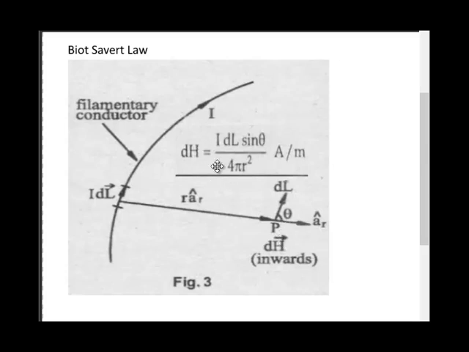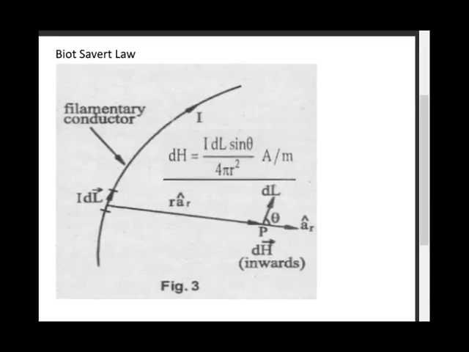So we must show the direction, and that direction can be marked as a vector perpendicular to this plane, because it is inward, and the inward arrow will be perpendicular to the plane carrying the vectors ar and dl, where dl is also a vector. Here we can see the mark. dl is a vector quantity. This arrow shows that it is a vector quantity. It is directional in nature. Its direction is upward, and ar is directed to the right-hand side.